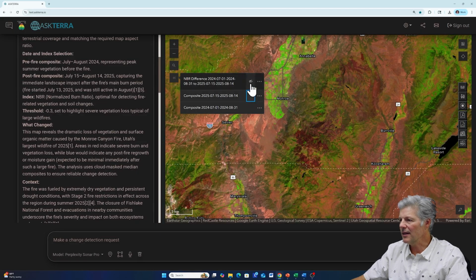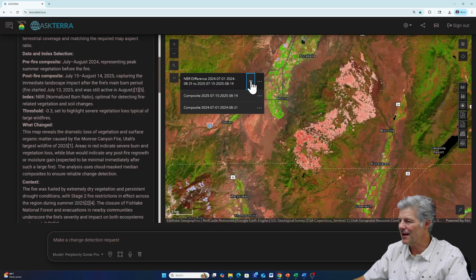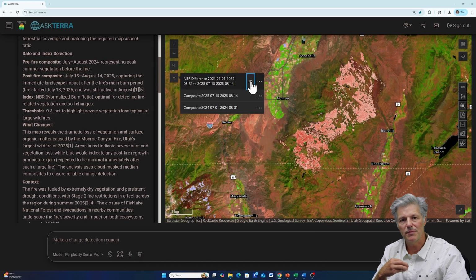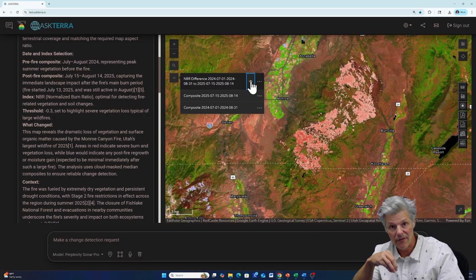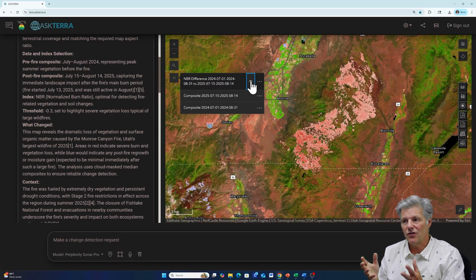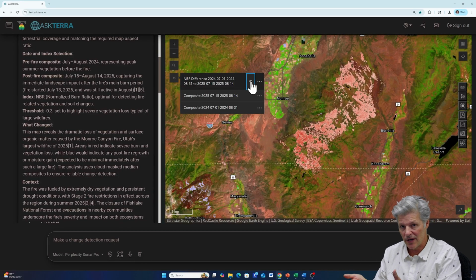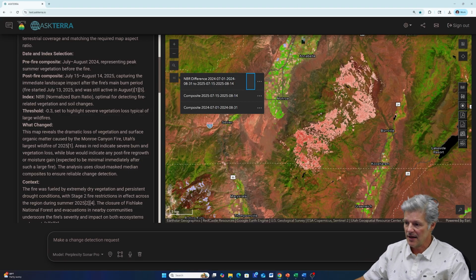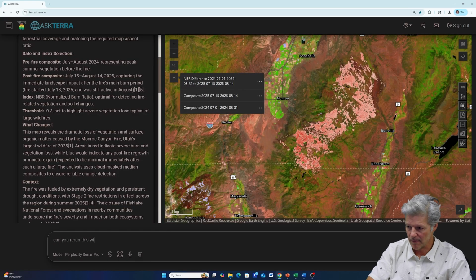And so when we look at that and we look at the change, we might think, well, maybe it's not representing all of the damage from the fire. Maybe we want the index to be a little bit more sensitive. So the idea here is that you're not stuck with what ASKTERRA picks when it does the initial analysis. You can continue to refine your analysis. So in this case, I can ask ASKTERRA,